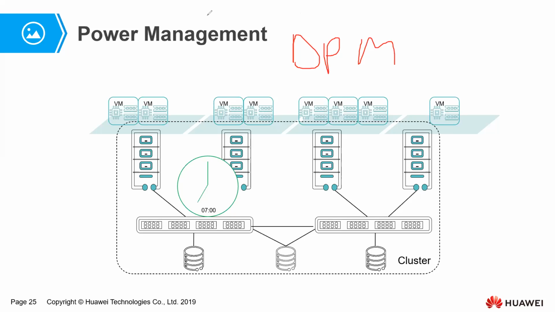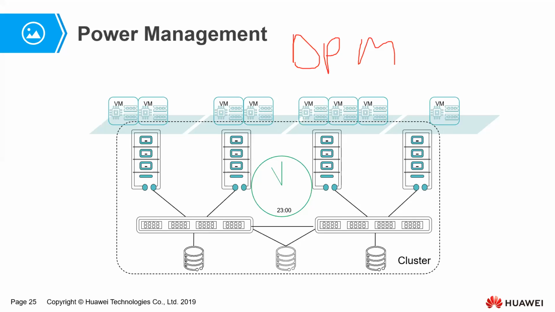Let me play the animation, it will help me explain it better. Let's say it gets to 11:30 at night, and most people have gone home and most of the resources on the server are idle, but the server is turned on and it's consuming a lot of your money. So in Huawei FusionCompute, we have that feature called distributed power management, which enables